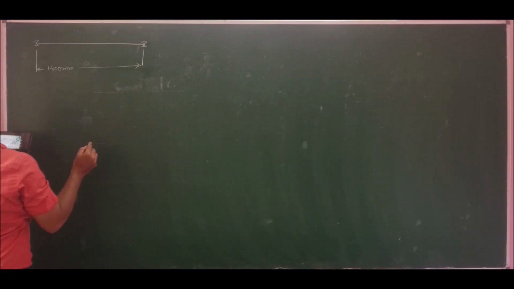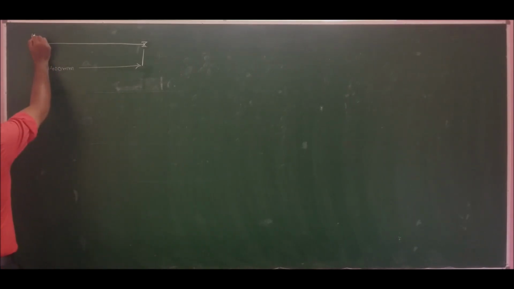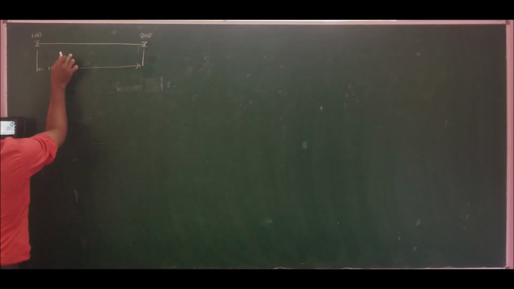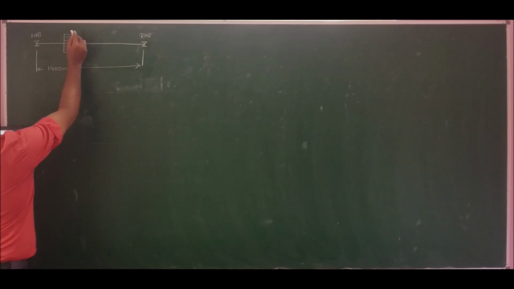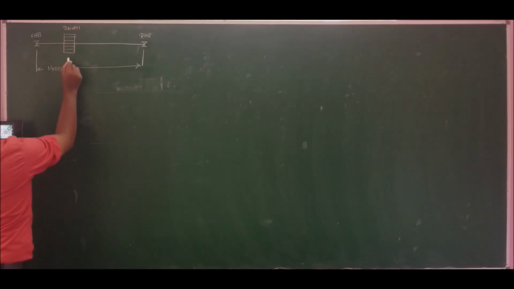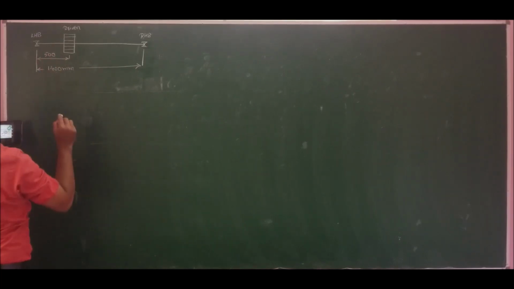The shaft receives a power of 50 kilowatts through a gear drive located 500 mm to the right of the left end of the shaft. So this is the left hand bearing, the left end. This is the right hand bearing. To the right of the left hand bearing at a distance of 500 mm, let me consider a gear drive which is receiving the power. So therefore this is driven. The distance is 500 mm from the left hand bearing. All dimensions are in millimeters.